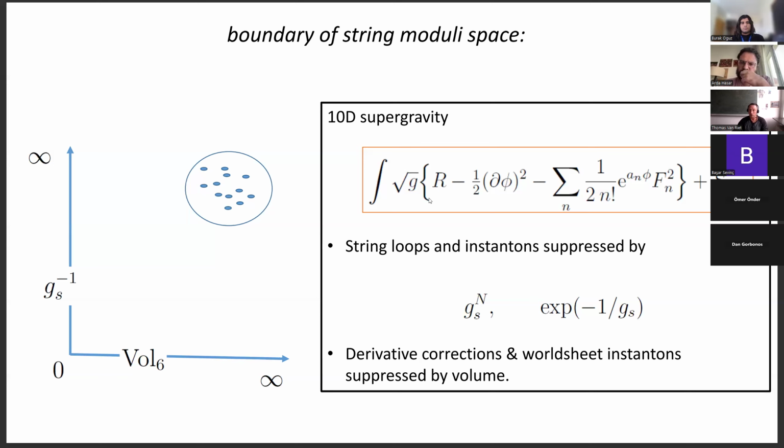What is it? It's your Einstein gravity as you know it, so Einstein-Hilbert, and then with some extra fields. There is a scalar, which we call the dilaton, and that scalar determines the string coupling, g_s, as e to the phi, okay? And then there are a bunch of fields which we call fluxes. They're just generalizations of the Maxwell field. So the Maxwell field is F_{μν}, it has two indices. In string theory, you have objects with all possible indices up to 10. Okay? And I think that makes a lot of sense.